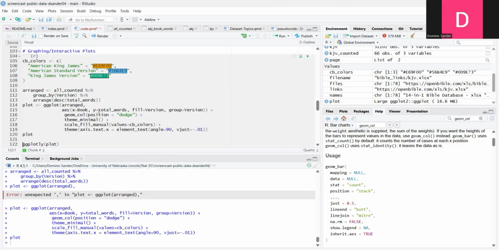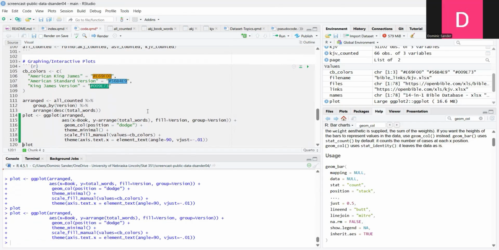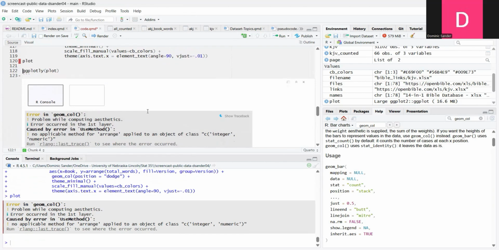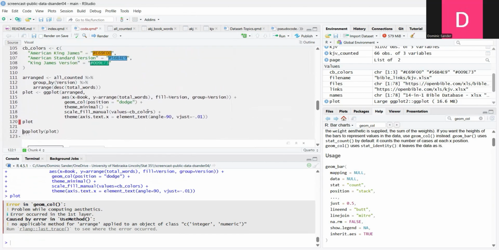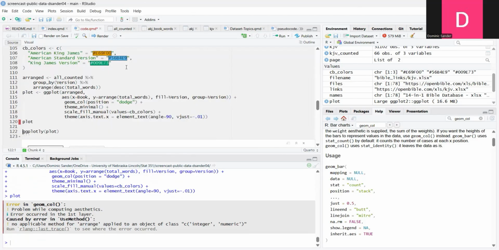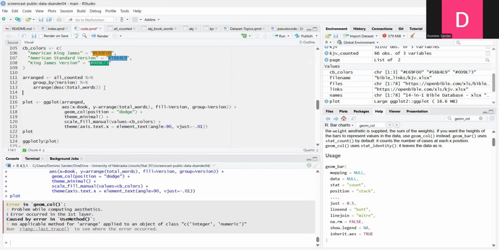Let's try arrange of that and see if that does anything different. Okay, so these aren't numeric, which is why they're coming up as issues. So let's just do arranged